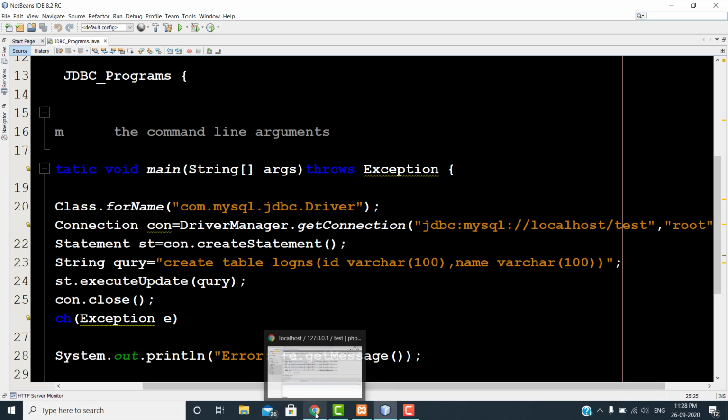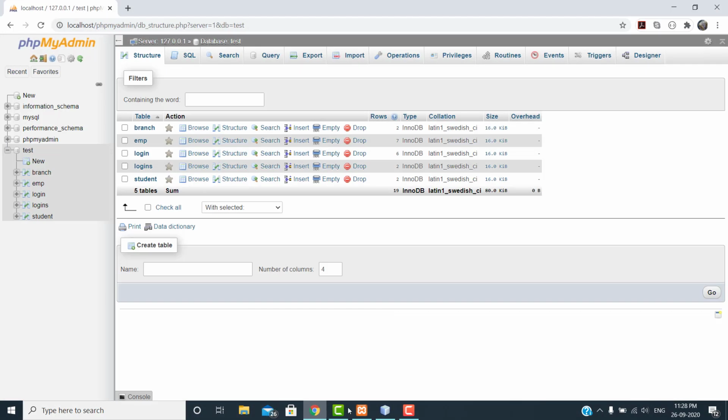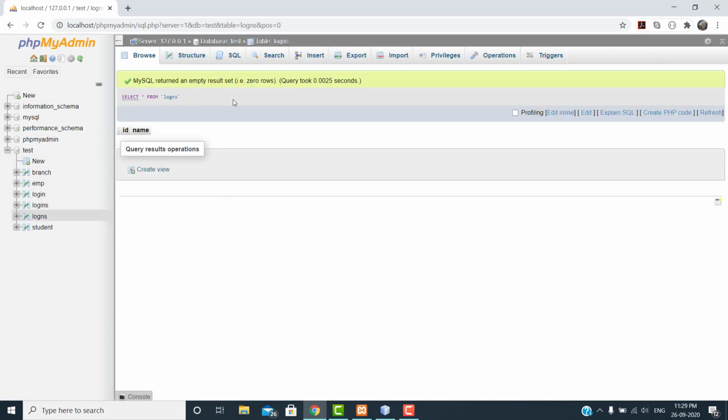Now you go to your web browser and refresh this page. Check whether the logins table is created or not. Yes, the table is created with empty data.